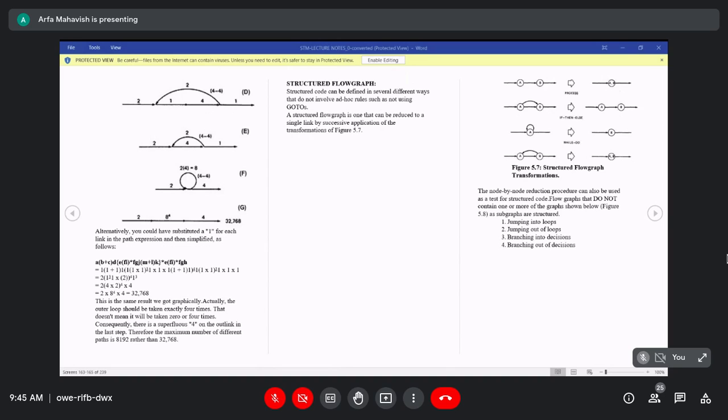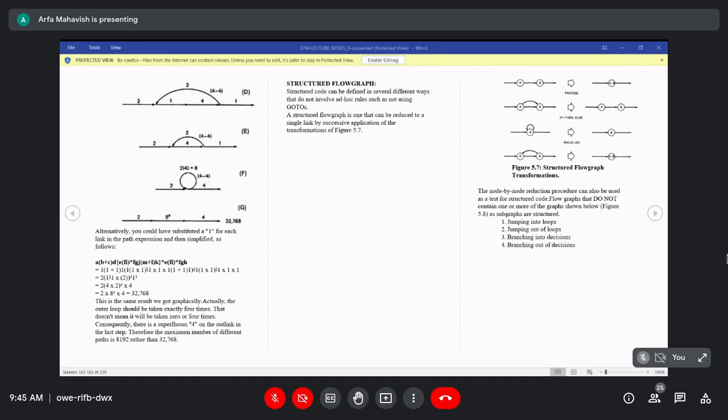If you are getting the path expression as large, then that expression is unstructured code. When we are getting an ugly, unwanted or not good path expression, at that time you can say that it is unstructured code. So structured code can be defined as code which does not have any loops or any branches. When we don't have any loops or any branches in that code, then it is called structured code. If we have loops or any branches, then it is called unstructured code.